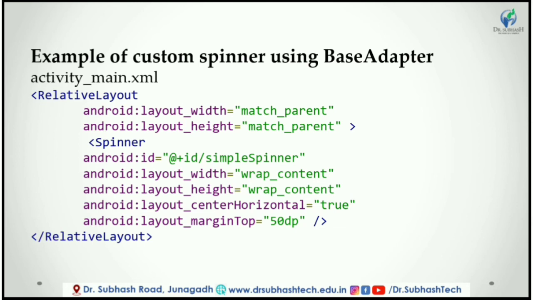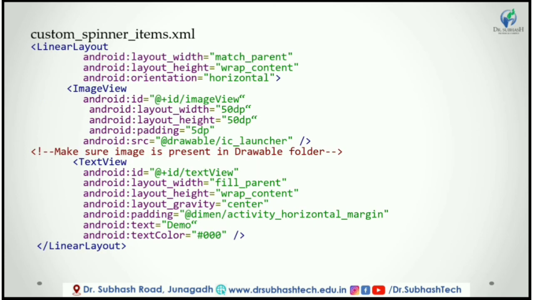First step, you have to create a new project in Android Studio and name it custom spinner example. In second step, open res into layout and into XML, means activity_main.xml, and add the following code. Here we are creating spinner inside the relative layout. In step 3, create a new layout in res layout and name it custom_spinner_item.xml. Add following code. Here we are defining basic layout for custom item that will be displayed inside spinner.